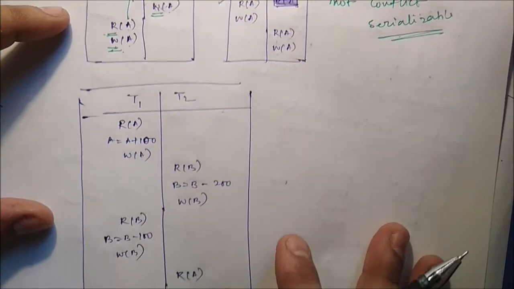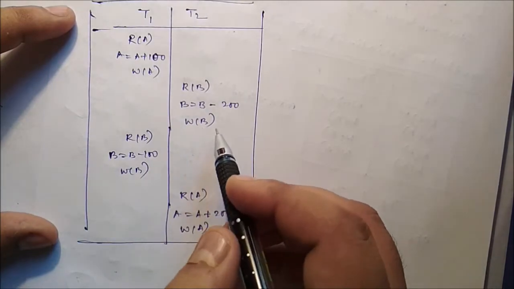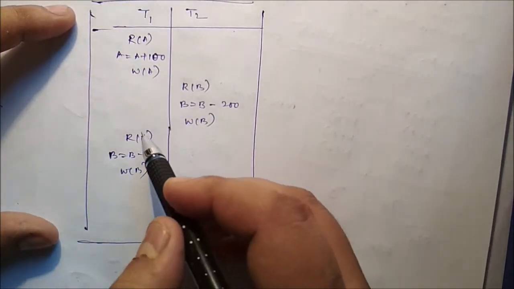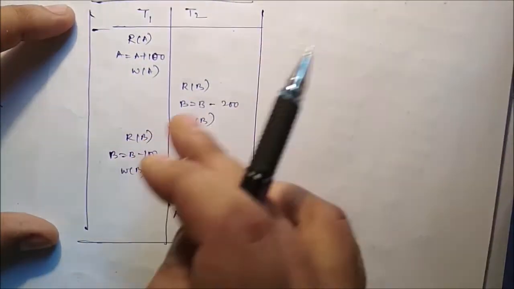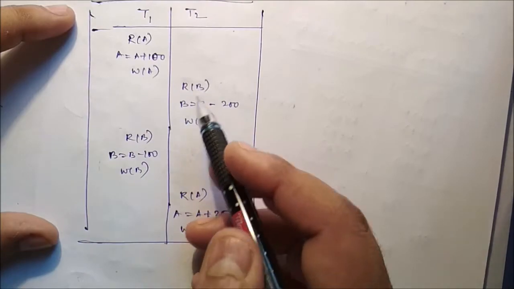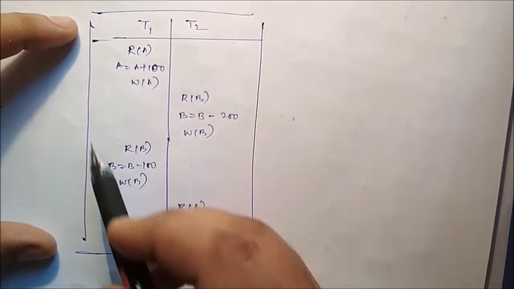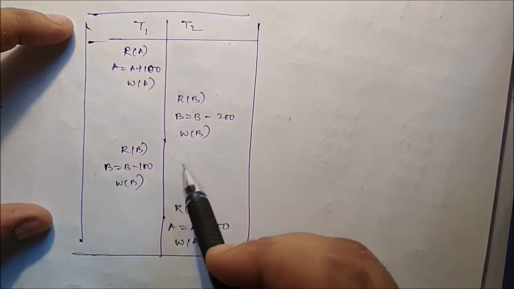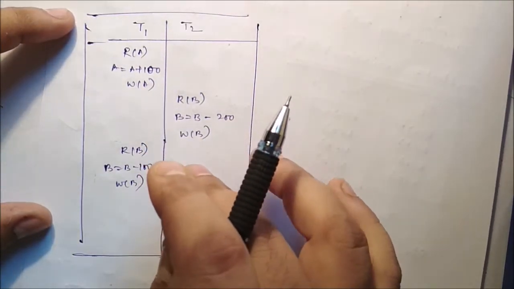We can see one simple example. Now just same, see here it is B, same variable. So we cannot shift these instructions upward and these instructions downward. We cannot swap these two instructions. We have to keep them as they are. That means we cannot convert this schedule into a serial schedule. That means it is not a conflict serializable schedule, but still it will produce a consistent result.